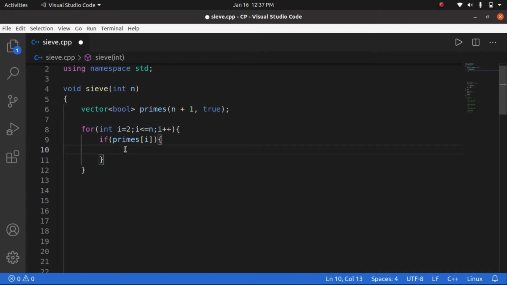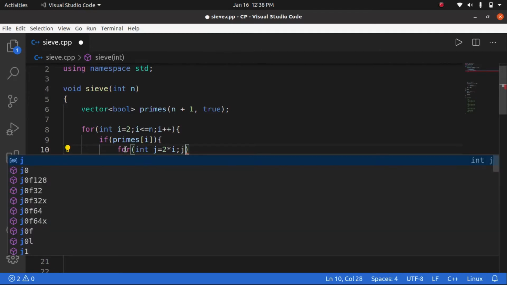Now if we found a prime number, what will we do? int j is equal to 2 into i, that is, the multiples of the found i have to become false, because we found a prime number, and the multiples of this i will surely not be prime. So we need to make them false here.